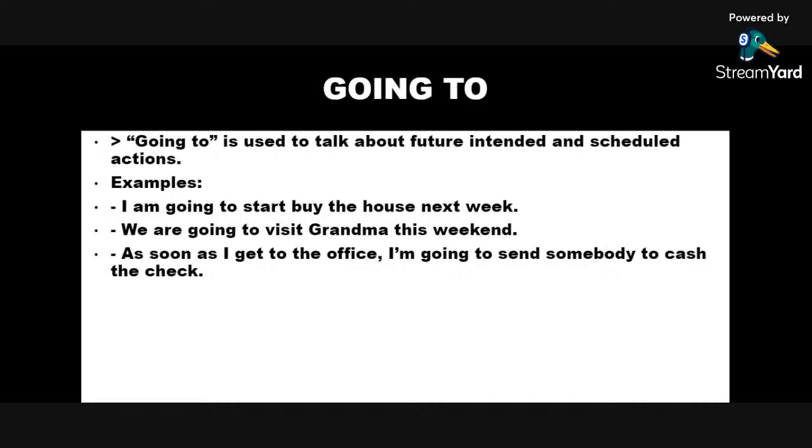Okay. Now, another example is it's going to rain. Now, you look at the sky and you see the sky is cloudy already. That's the evidence. And because of that evidence, you are almost certain that it's going to rain. So you can say it is going to rain tonight, or it is going to rain tomorrow morning, or it is going to rain all day, depending on the evidence you have seen.